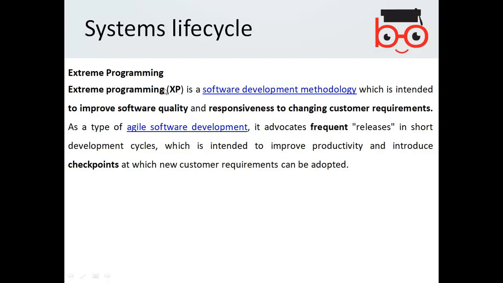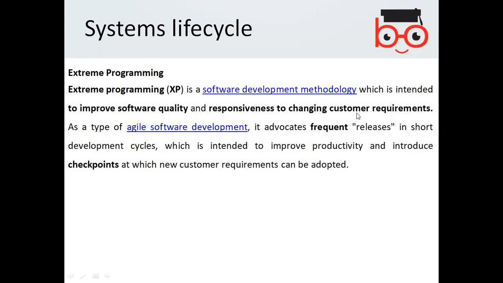So Extreme programming is an agile software development methodology which intends to improve software quality and responsiveness to changing customer requirements.